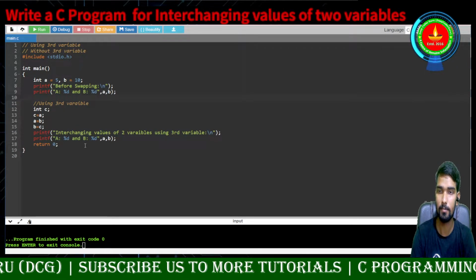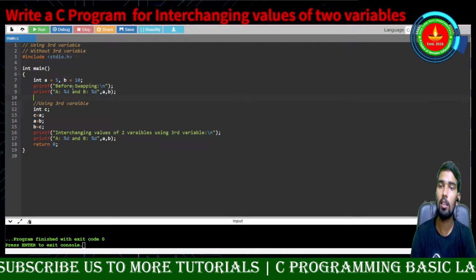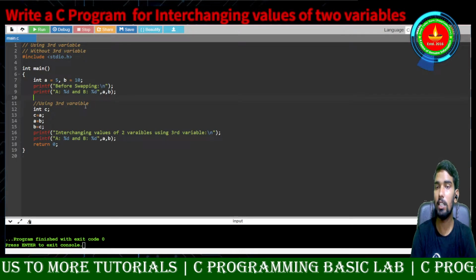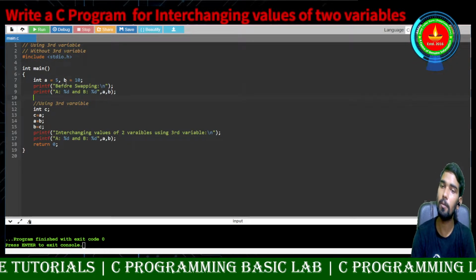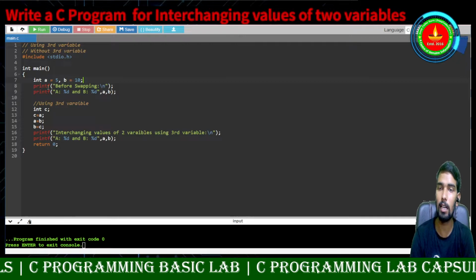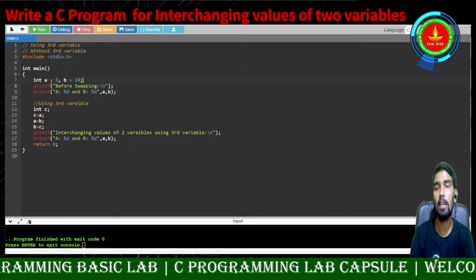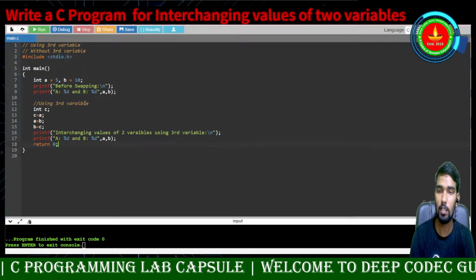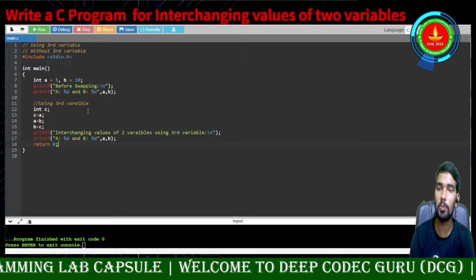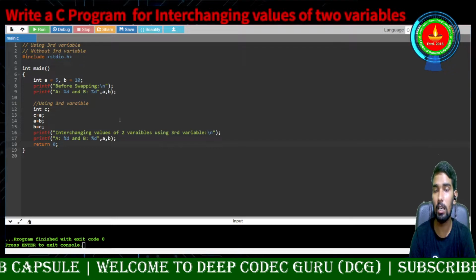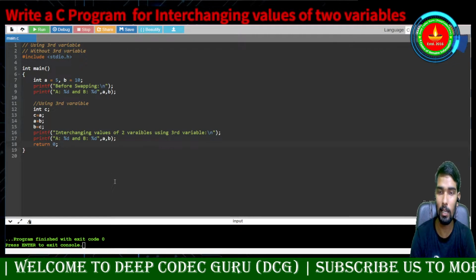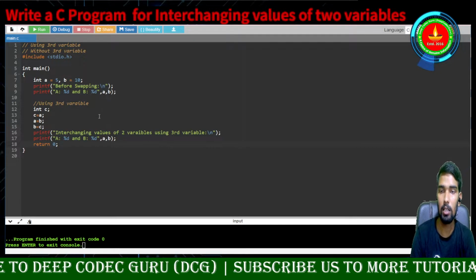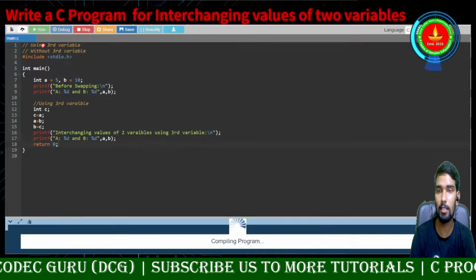A and B values we can also read as input, but to save your time, we are declaring the values explicitly. If you want to know how to take these values from the user, then let me know, we will also provide that accordingly. Okay, so let's run this program and see.